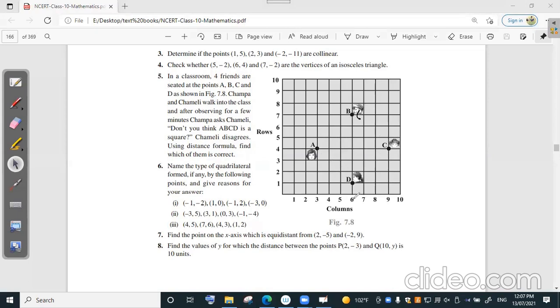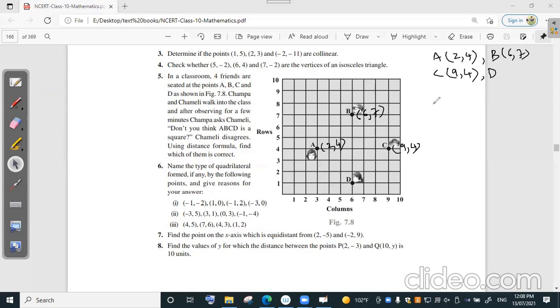If you drop here, this is 6. So B has coordinates 6, 7. First I will write the coordinates of A: they are 2, 4. Coordinates of point B is 6, 7. Coordinates of C is 9 and 4, on the x-axis 9, y-axis 4. So 9, 4,